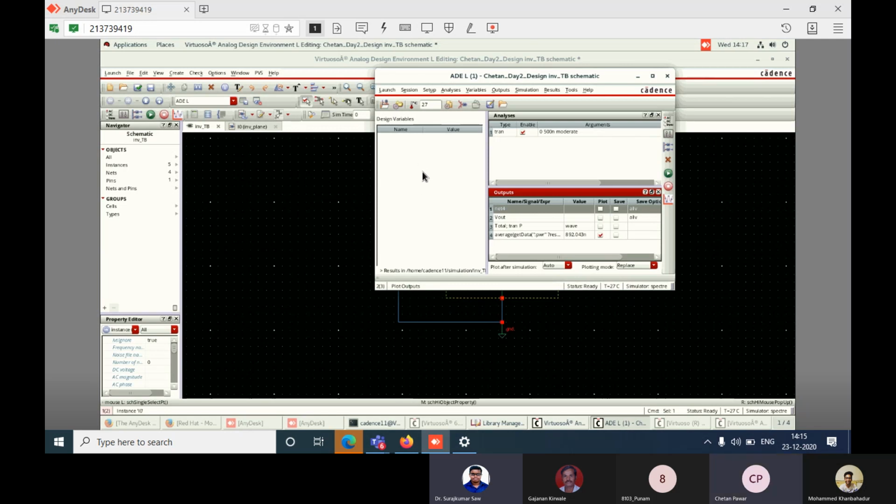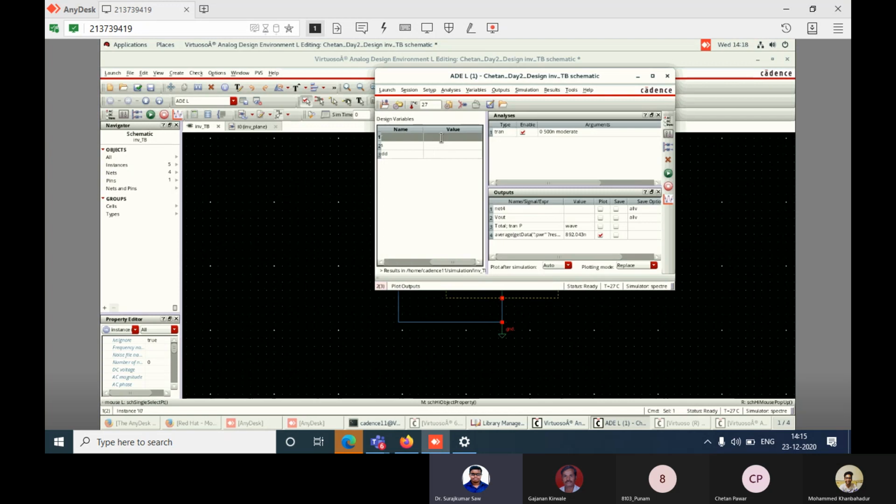See, in this design variable tab, just right click there and choose copy from cell view. Right click on design variables, copy from cell view. See, these are the three parameters being shown here, right? Yes, three parameters are shown. What parameter values have we given there? We just need to define them here.